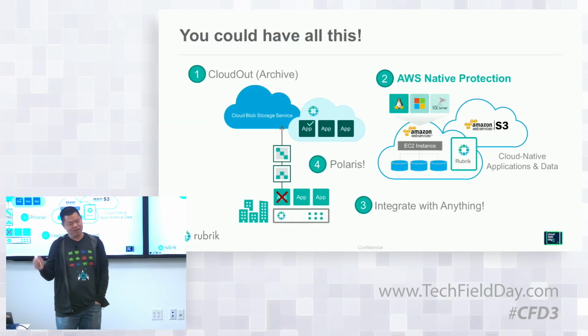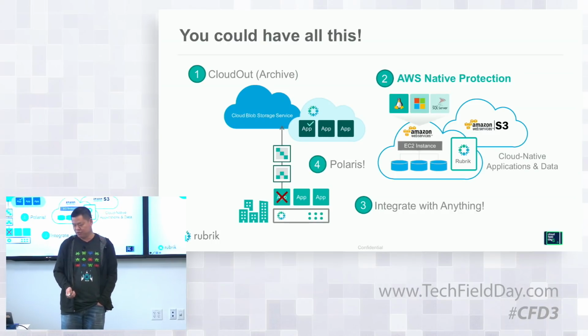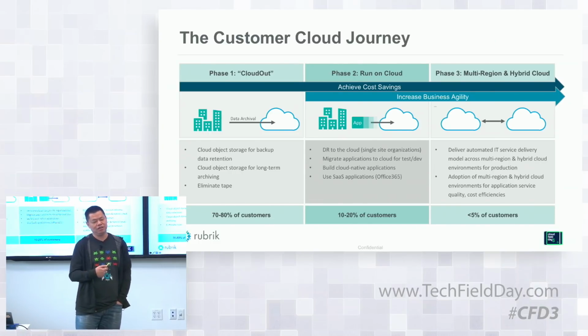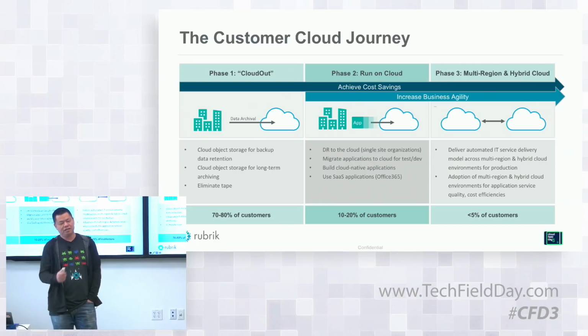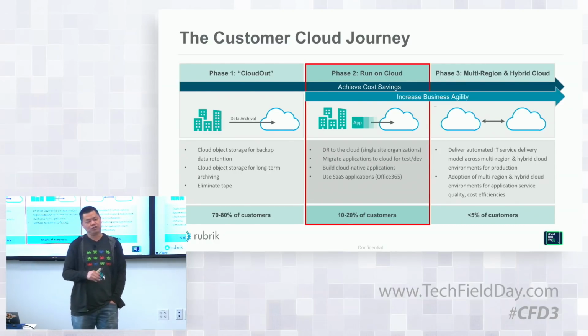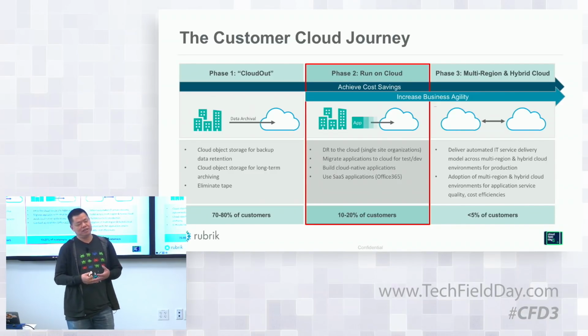So as I mentioned, we have many cloudy features. And what I want to talk about specifically today is AWS native protection. Again, a familiar slide from the last presentation. This is what we see around customers' cloud journey. Andrew's focused on phase 1 with cloud out. I want to focus on phase 2 and a little bit into phase 3, which is the idea that once customers have some comfort level with public clouds and they've moved some of their data up, they might want to start